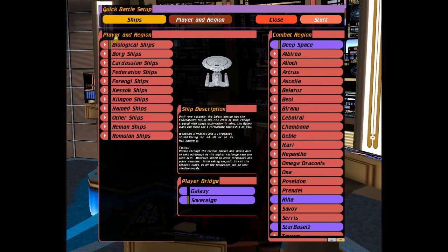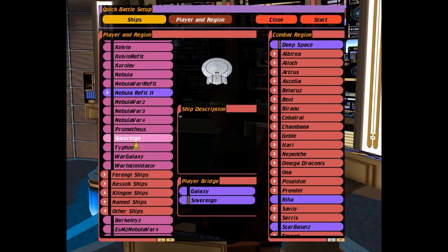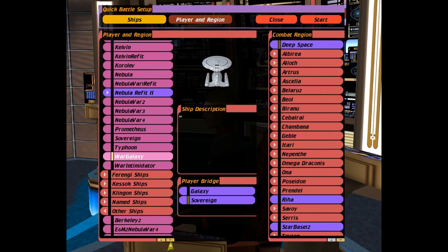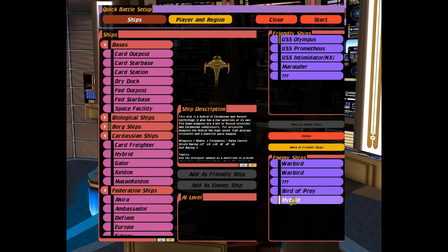Okay, so what we're gonna do is we're definitely going to change us to the Federation Sovereign. Actually, it might be kind of fun to do something. Oh yeah, there was a weird one. Yeah, that's gonna be us. There was a weird one I saw. Where is it? The named...